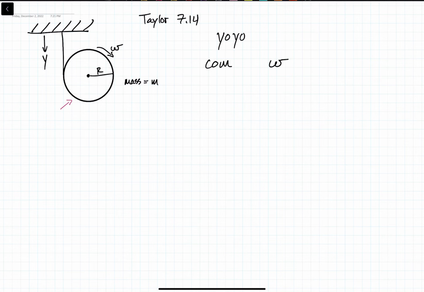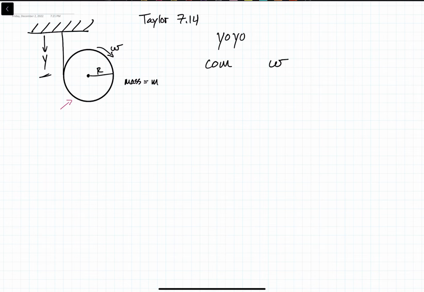This problem comes from the book Classical Mechanics by John R. Taylor, and it's problem 7.14. In the book, they call this axis the x-axis. I don't like that, so I'm calling it the positive y-axis. So the positive y-axis is down. All right, so